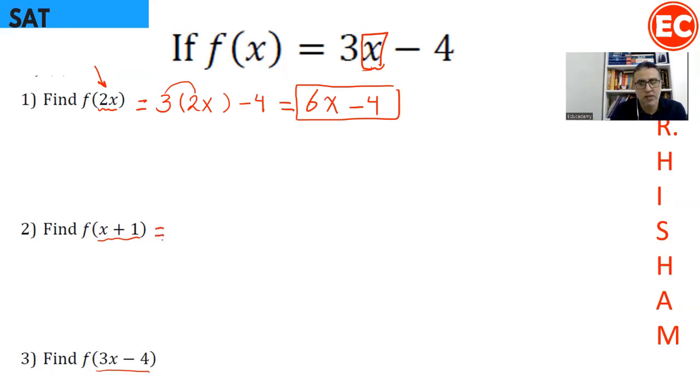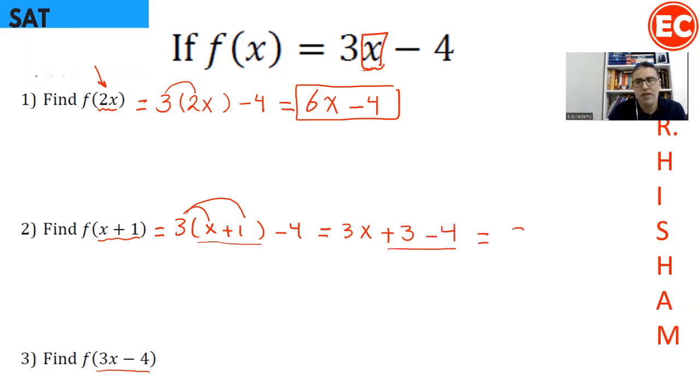For the second one, I'm going to replace x. Notice that I'm writing x as an empty bracket, with x plus 1, minus 4. So I need to expand. 3 multiplied by x is 3x. 3 multiplied by 1 is 3, minus 4. So I have two like terms, and the answer is 3x minus 1. F of 2x and f of x plus 1 and f of 3x minus 4, we're going to use them